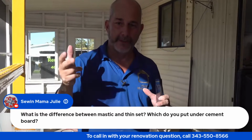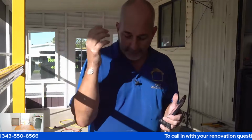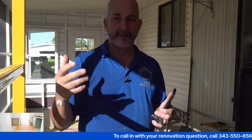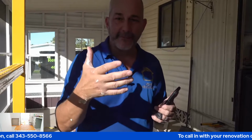Mastic and thin set are two different products. One is designed for structural integrity, so floors for sure. And it's also designed for tile in wet areas, okay? Mastic is only to be used in dry areas other than floors, okay? It's basically glorified Elmer's glue. It's a different property than that, but think of it this way. If you're doing a backsplash tile on an inside of the house, there's no reason you can't use glue. That's mastic, all right? And all it has to do is carry the weight of itself,